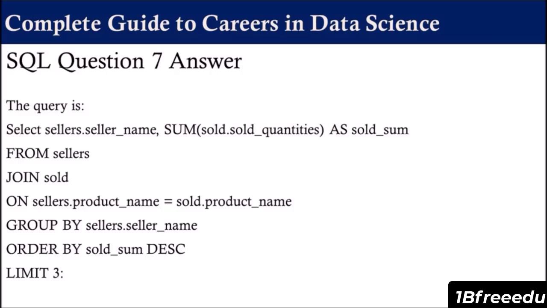What this query is doing is, it will select seller's name from sellers table whose name matches with the seller's name in sold table. Then it will sum the total number of quantities sold by the sellers using group by clause because one seller is selling more products. After that, the sum will be ordered in descending order to get the sellers on top who sold the most